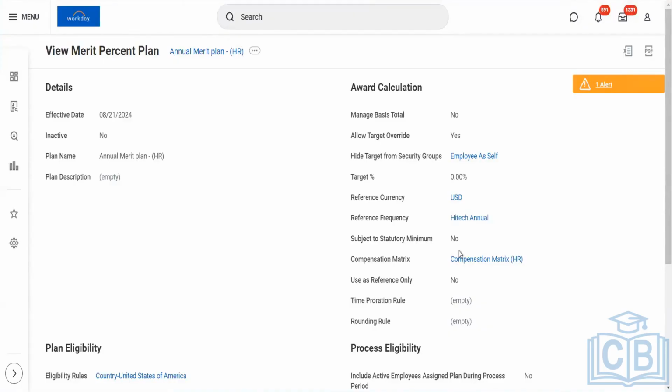If we want to define a minimum, in some scenarios we have some default, like there will be an increase for all the employees, whatever percentage it is going to be. This is for those specific scenarios. And this mainly comes into the picture when we start the compensation review process.